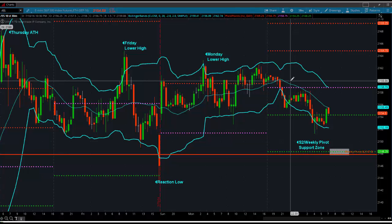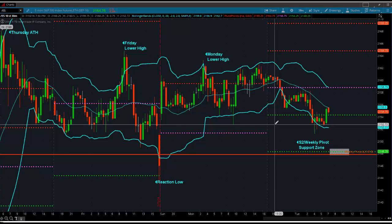Now, I pointed out on the same chart last night the S2 area, which has been very reliable over the last 4 to 6 months. There are people in the room that follow it all the time because it's a great area to play a bounce. It's also had some really nice fails, but it's mostly good for bounces. That's lined up within half of a handle with the weekly pivot at 2147.80. That sets up a potential support zone,